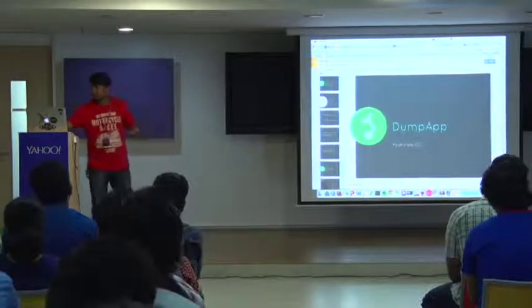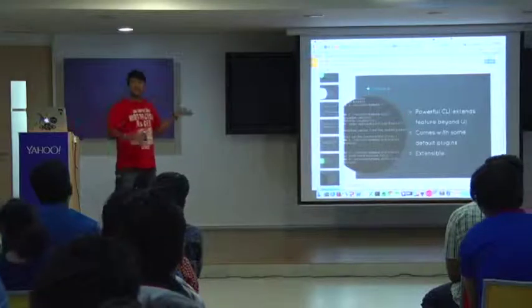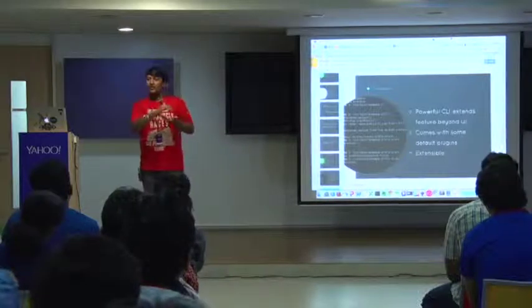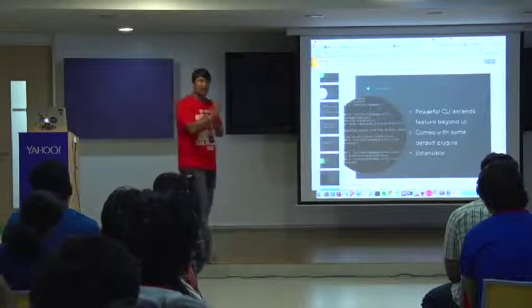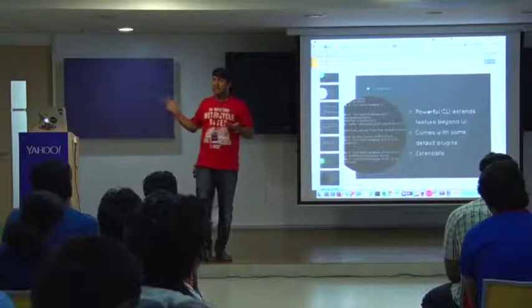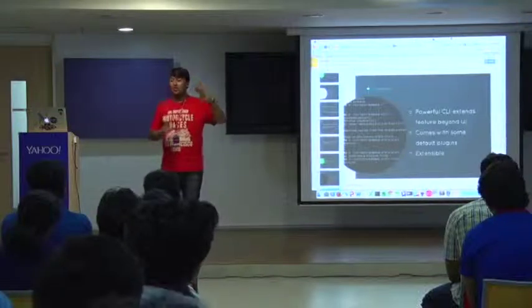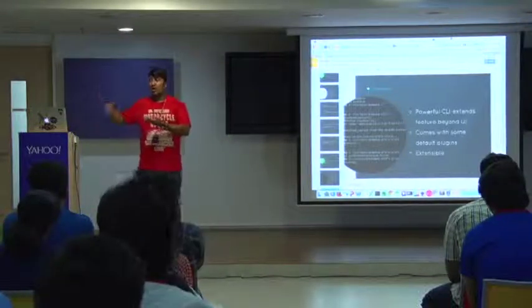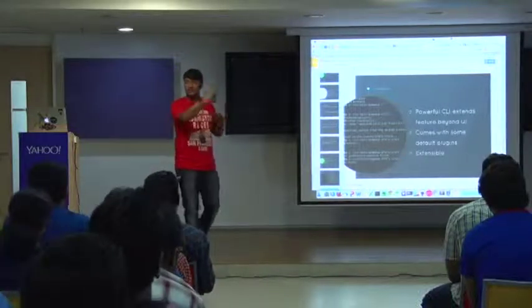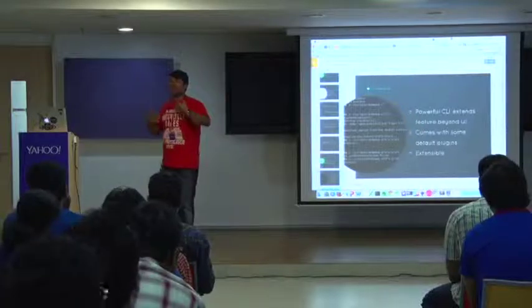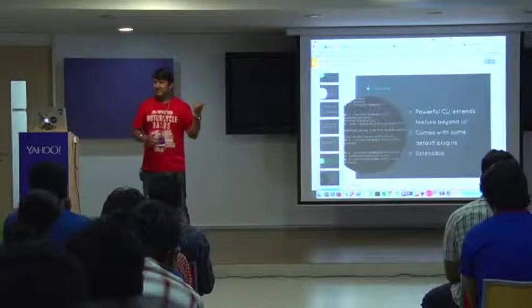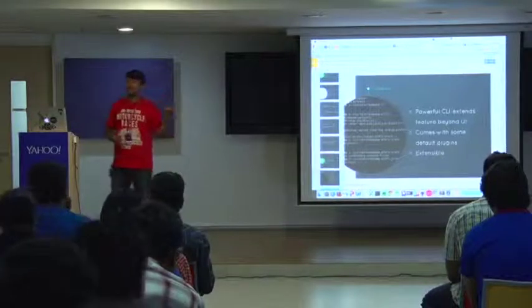I'll show you how. It extends the features of Stetho beyond the UI, because there are limitations on what you can do. One thing I wanted was if Stetho could add a feature where it logs all my log statements in the console, that would be good. So I don't have to see logcat anymore. If I have opened the Chrome console, it can print all the logs, like JavaScript prints all the logs in the console, right? All those things people will build. This is just a 6 or 8 month old tool that has launched, and people are still figuring out what to do. It allows you to customize it.